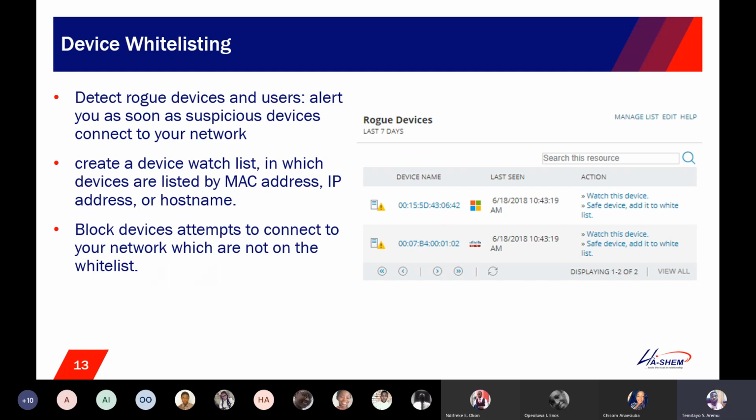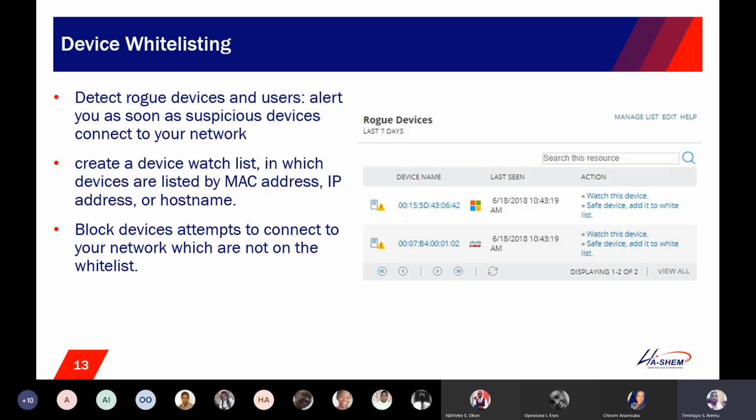Another feature is device whitelisting. So you can constantly monitor device or user network access with the whitelisting feature. It identifies safe and rogue devices attempting to access the network. Devices not on the whitelist appear in the rogue devices resource list, and an alert is generated automatically. So once you create a whitelist of all the devices that are being managed with SolarWinds user device tracker, whenever it senses any MAC address or IP address that is not within the devices you've specified, that is when it creates an alert, when you have already set a scheduled discovery